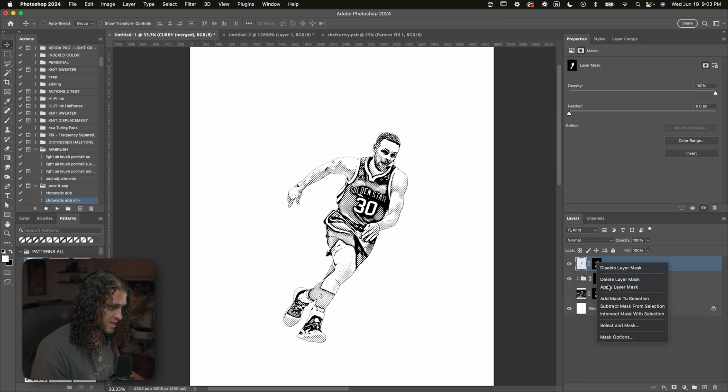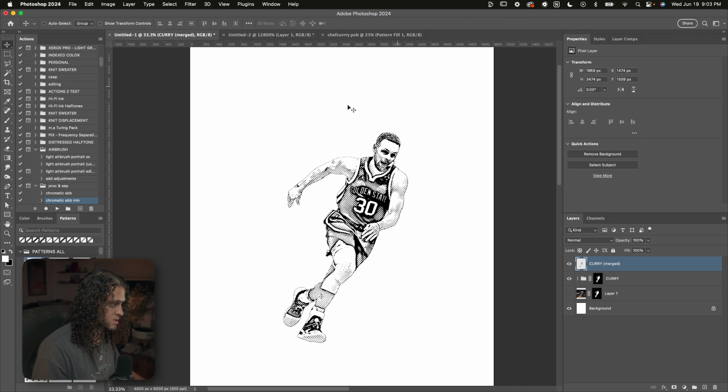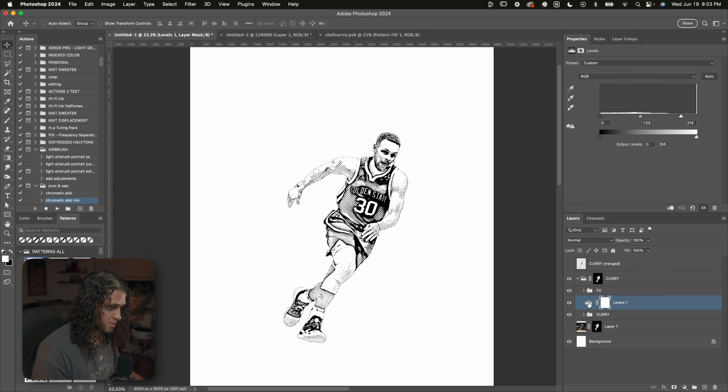So go ahead and apply that layer mask so we don't have all the extra stuff in the background, even though it was layer masked out, but we just don't want that unnecessary info in there. So this is going to be our base. Then let's go ahead and hide this, go back into our subject group, and on top of the levels but